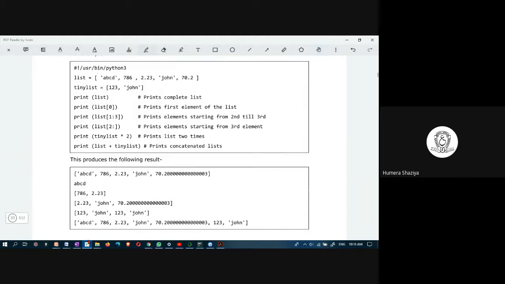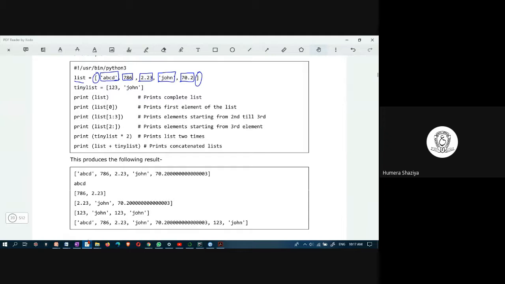You observe here, these are square brackets, open and close. Within square brackets, you please observe this is ABCD. It is a string type. This is a comma. This is an integer, comma, float, comma, string, comma, again float. You observe here this list has got values of different types.